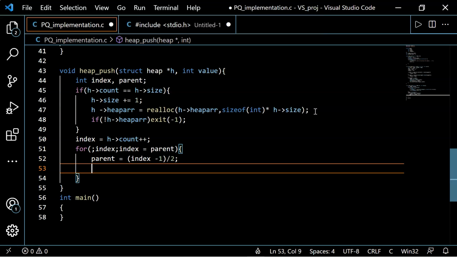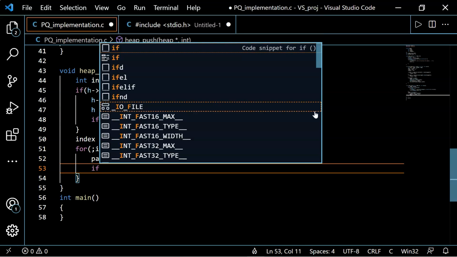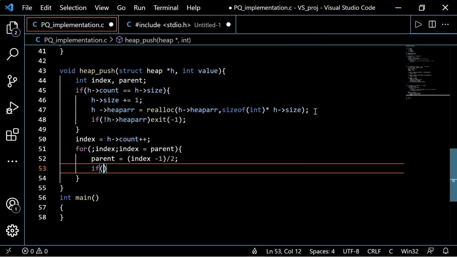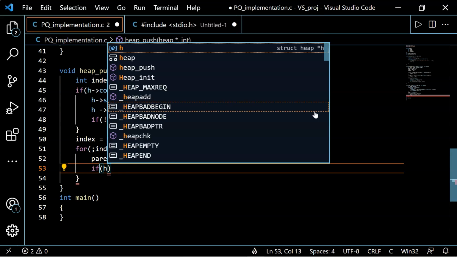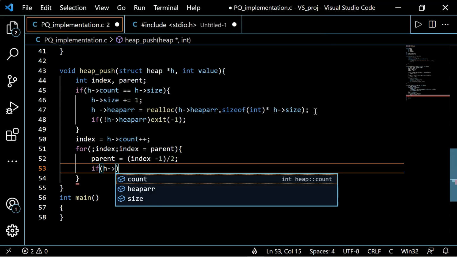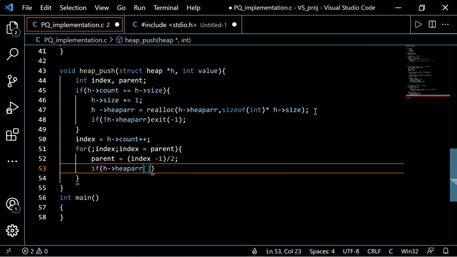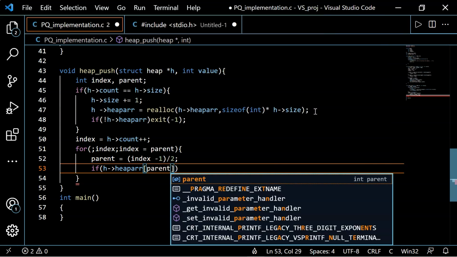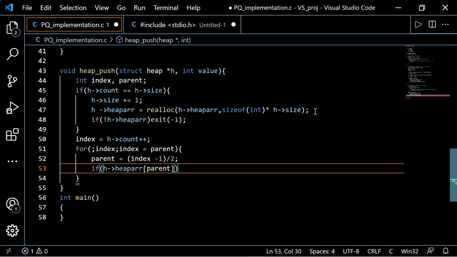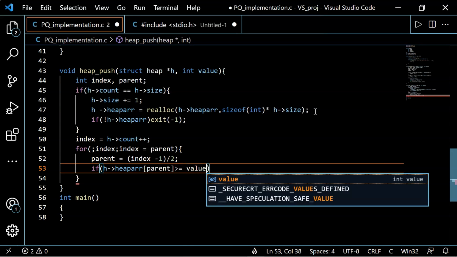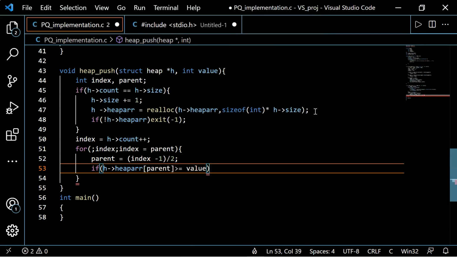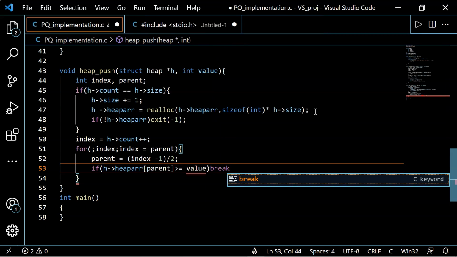Now we'll add one more condition inside this for loop: if h.heap_array[parent] is greater than or equal to value, then we will break this for loop.